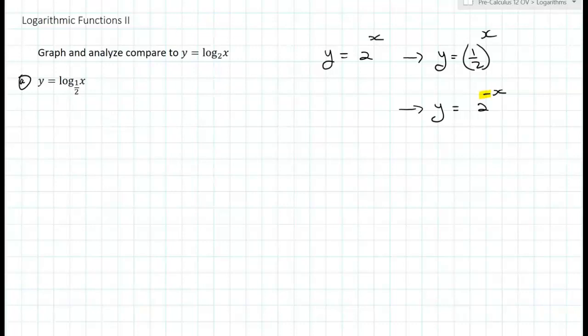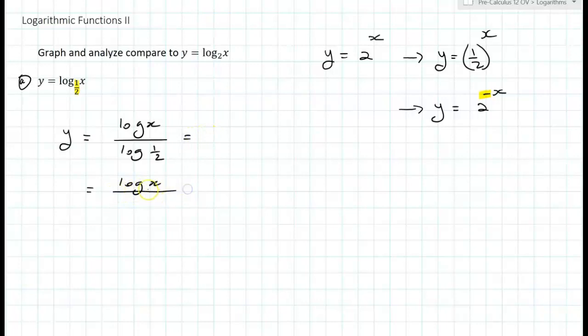We're going to do the same thing, but I want to show you algebraically how they are related to each other. So we're going to rewrite this 1/2 in a form base 2. I want to show you how they are related. So let's go through and manipulate. We're going to use the change of base rule, and that is that. And based on that, I can say that this is log of